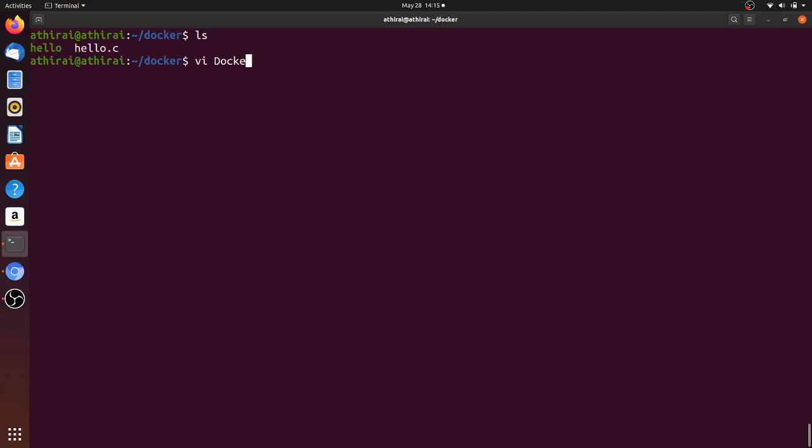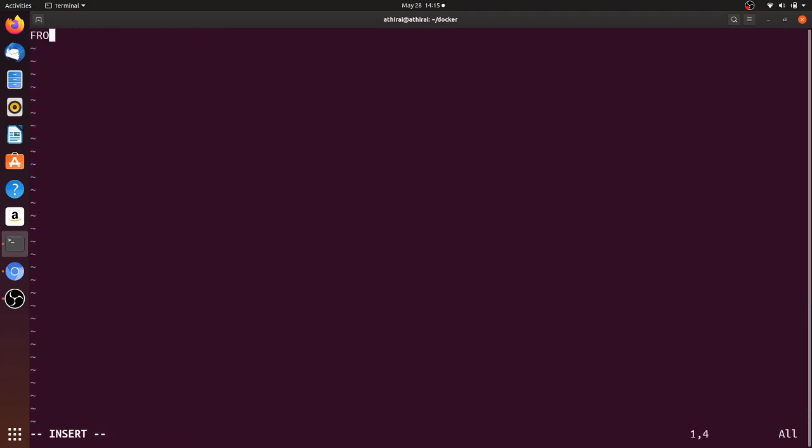Now let's write the first docker file from scratch. Scratch means from nothing. This is also a docker image which is nothing.